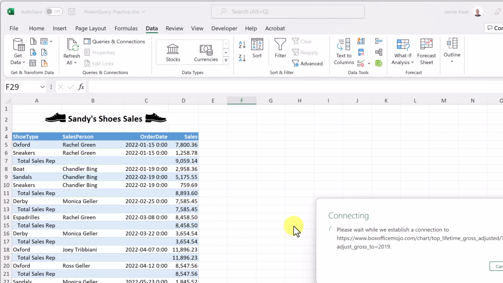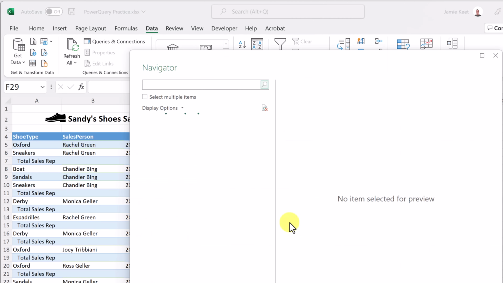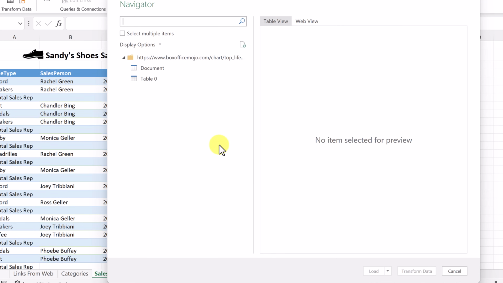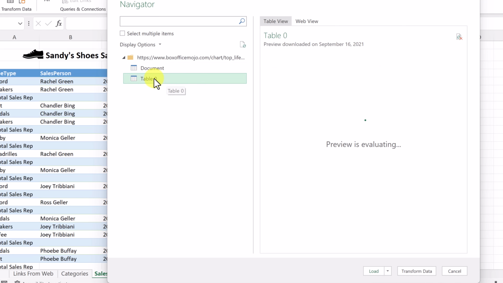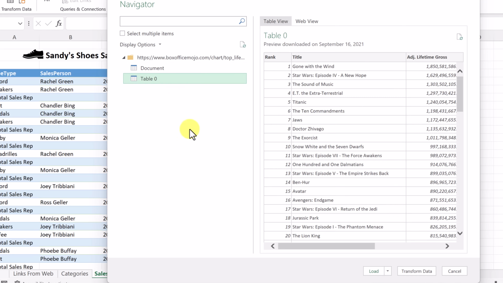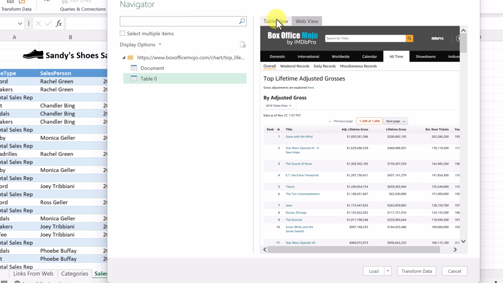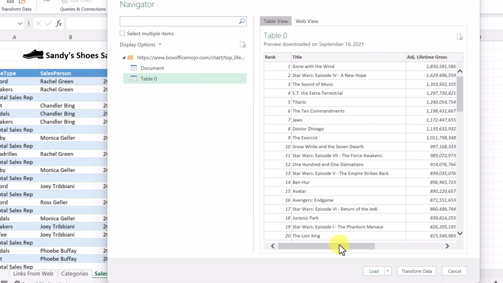It's going to ask me what to load specifically, because it goes through the page and sees different tables. So you can see on this page, it found two different tables. If I click on this first one, you can see that there's nothing there. I don't really want that information, but on table 0 here, this is what I would see. It even gives me a web view over here of what I'd be seeing on it. So to make sure that you have the right thing,